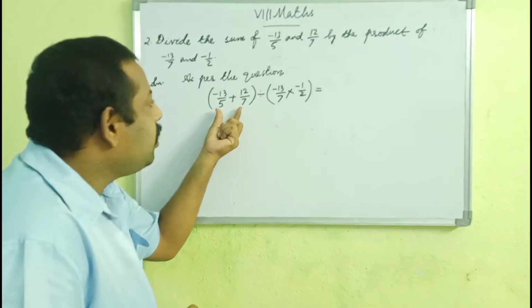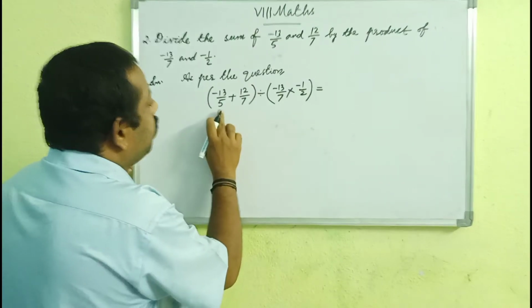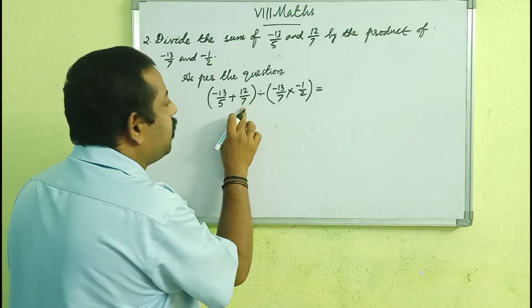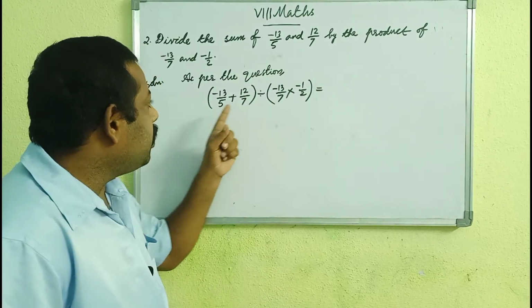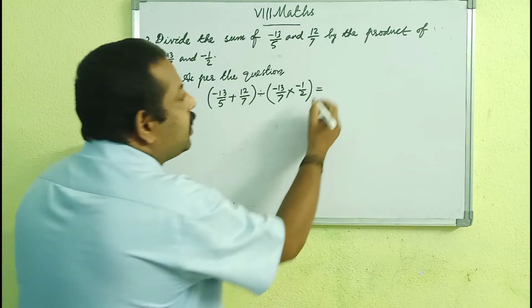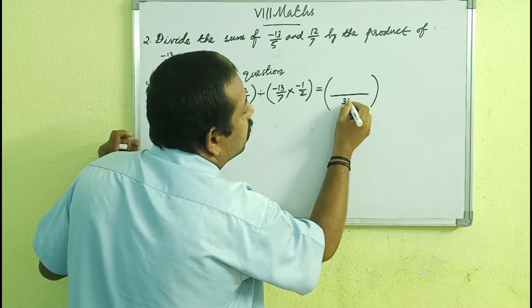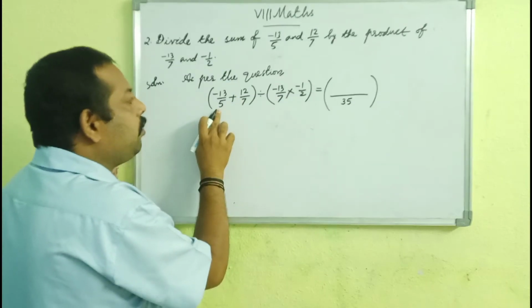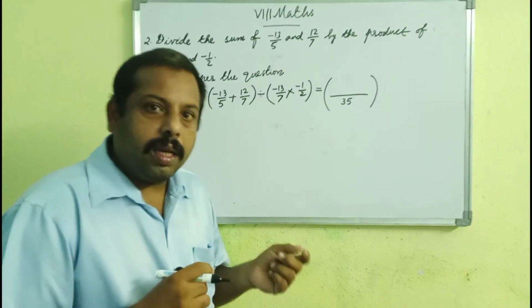we have to check the denominators. For multiplication and division, it is not required. Whenever you observe, you see 5 and 7 are the denominators. We have to find the LCM. What is the LCM of 5 and 7? 35. So let us write that LCM directly here as the denominator. Instead of 5 or 7, we have written their product. Why did we find the product here?